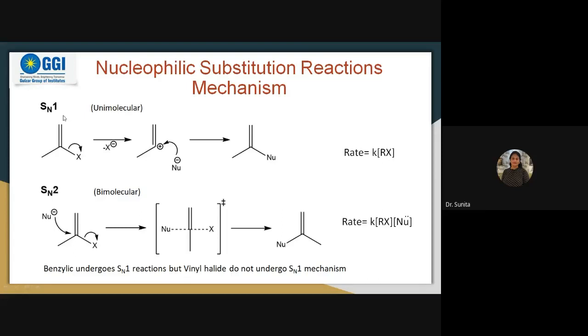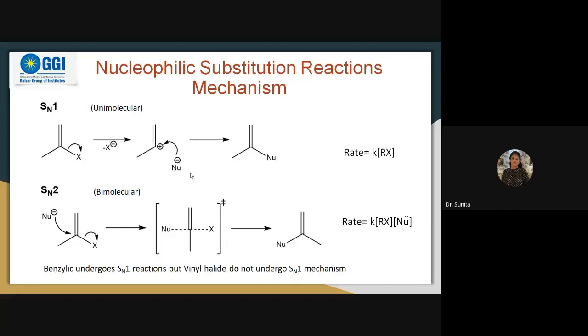In the case of the SN1 mechanism, if the structure is like this, C double bond O, and this is X, you can see what is happening. First, the leaving group is going to leave, and it creates a positive charge over there. When X has left the substrate and the positive charge is created on this carbon atom, the nucleophile attacks this positive charge. It provides a pair of electrons, the positive and negative charges get balanced, and a bond is created between the carbon and the nucleophile. You can see over here.